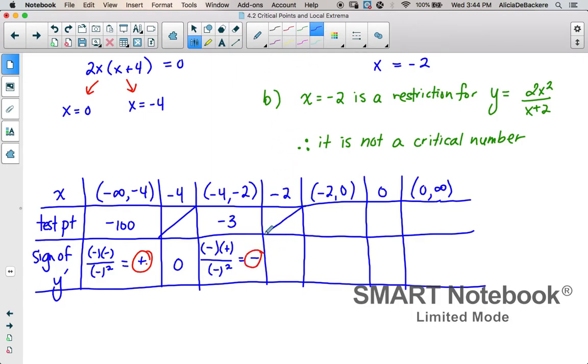All right, negative 2, I don't need to check. It does not exist, right? That's where we came up with this. And remember, it actually doesn't exist for the original function as well. So if you did want to add a column for y, here I'd be putting does not exist, whereas with the critical number negative 4, I would be saying I have a flat point there, or a flat tangent there. All right, picking a number between negative 2 and 0, you're probably going to pick negative 1 unless you